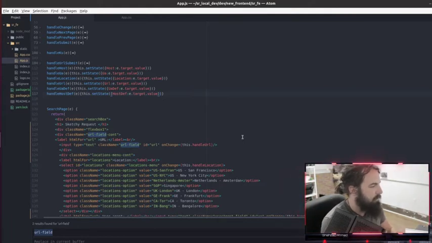So maybe we can just do this. So what we really want to do here is let's just go ahead and fill in UA with this dot state dot default UA.